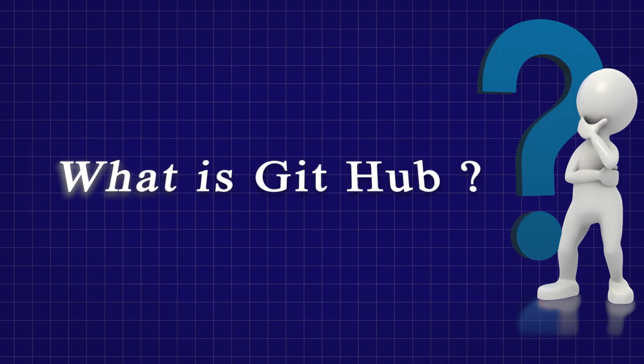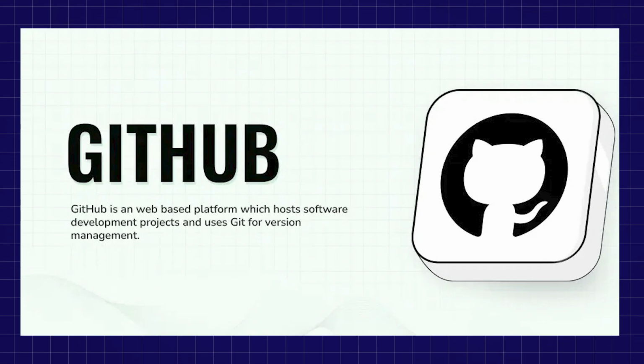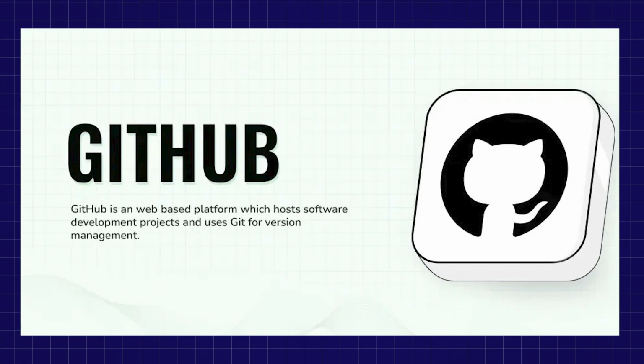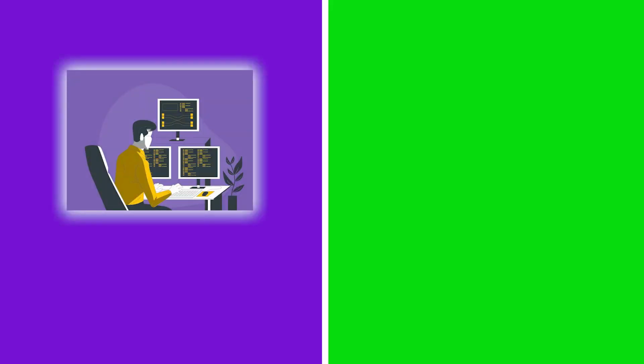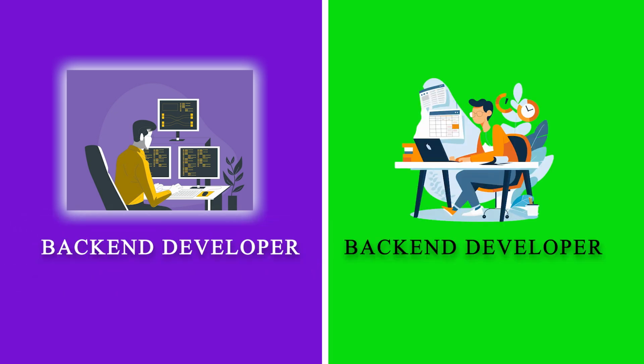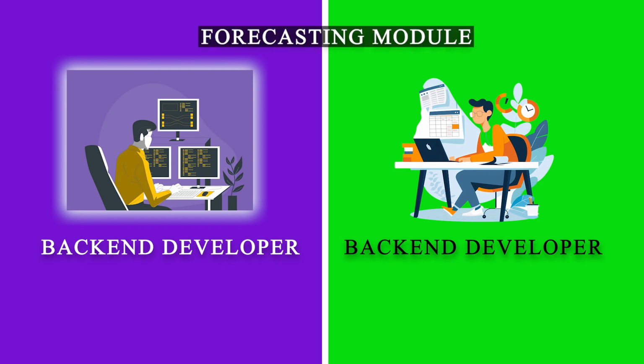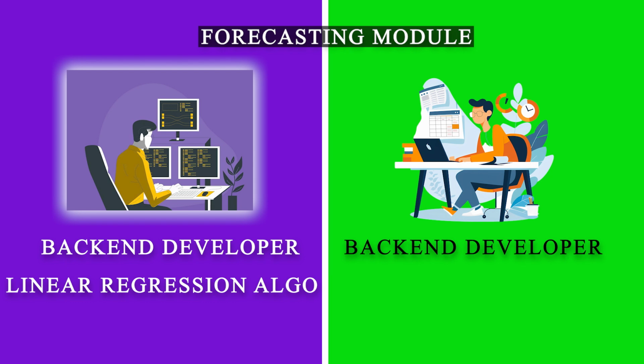Okay, first of all, what is the use of GitHub? GitHub is a version control system where we find many uses in developing any software or any project. For example, if you are working in a software company, let us think that your role is a backend developer. For example, there are 4 backend developers working on the same project. For example, let's think you are working on a forecasting module. If your task is to develop linear regression algorithm, if your friend's task is to develop vector autoregression module, then